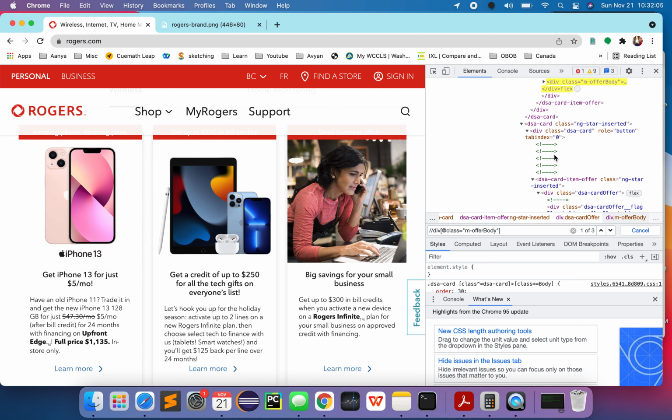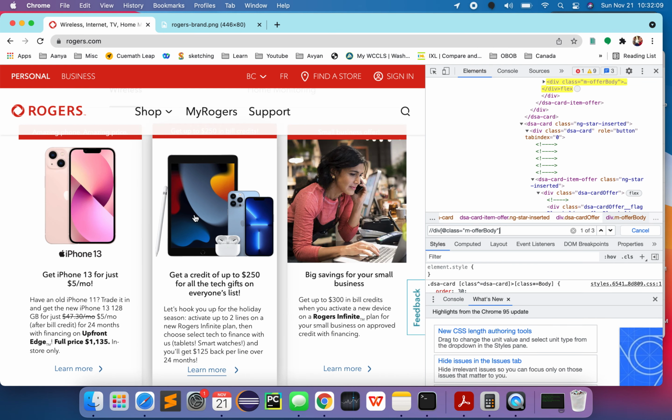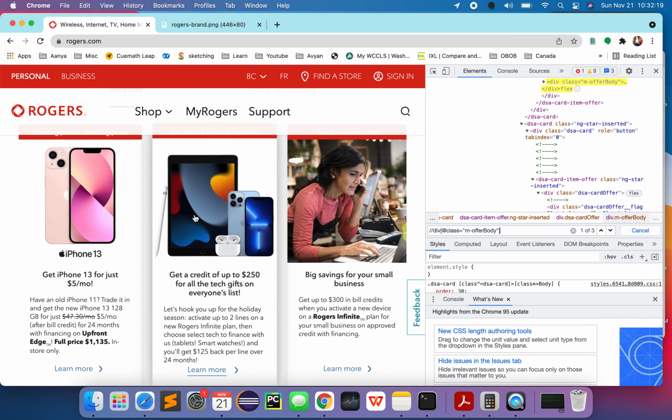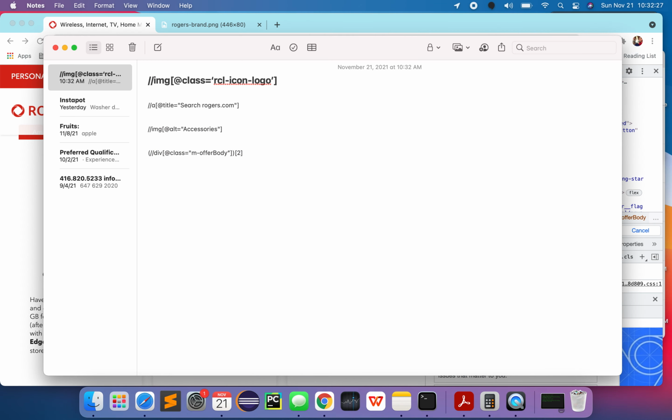So I can use this for sure, and if I want to click on the second one, all I have to do is close it with this bracket and then number 2, because I want the second one. So if I just do this, why didn't it find it?